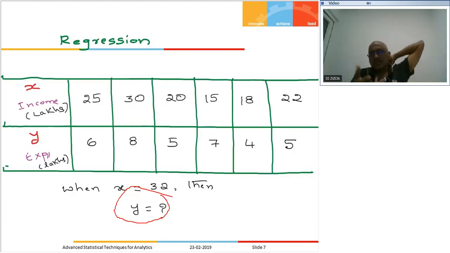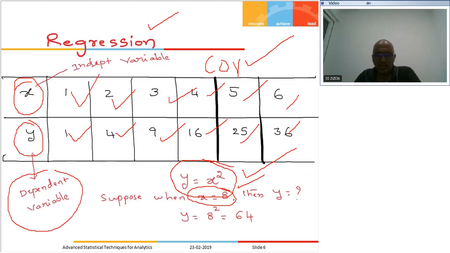So that is the difficulty we see in doing regression analysis. Here it is not that easy to find a relation between the two variables, because they are not following a fixed pattern like what we have seen. In that case all the points were following a path, that is y equal to x square, a parabola kind of nonlinear expression. But when we come to this,